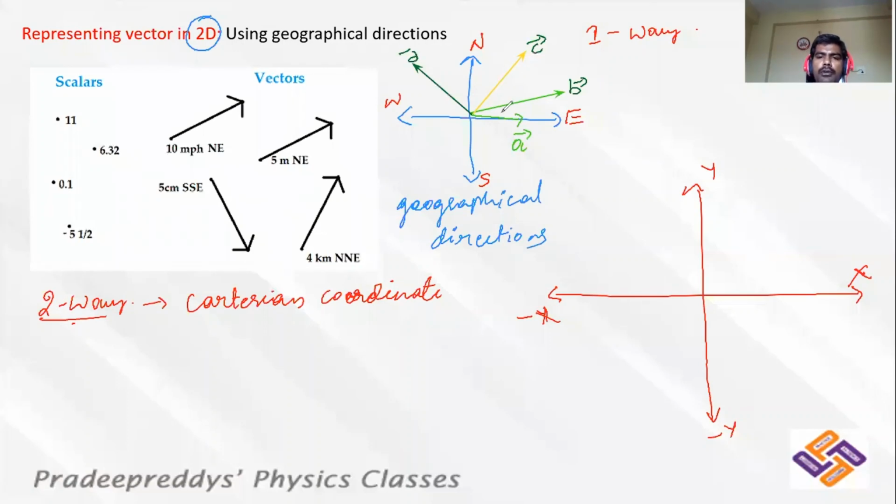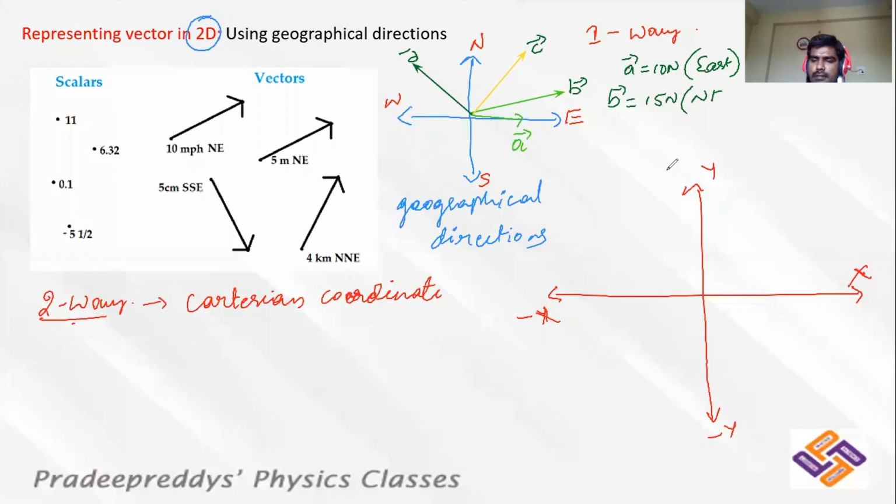Okay. Now, how do you write this a bar? A bar is equal to, it will have some magnitude, say 10 Newton, and that is along east. Okay, this is fair. Magnitude it has, and the direction is mentioned in terms of east. Now, what about b bar and c bar? How do you represent this b bar? B bar also, I can represent with 15 Newton. Say, for example, I am considering it as force. B bar, its magnitude is 15 Newton. In which direction do you need to mention it? Obviously, as it is in between north and east, you will be writing it as northeast.